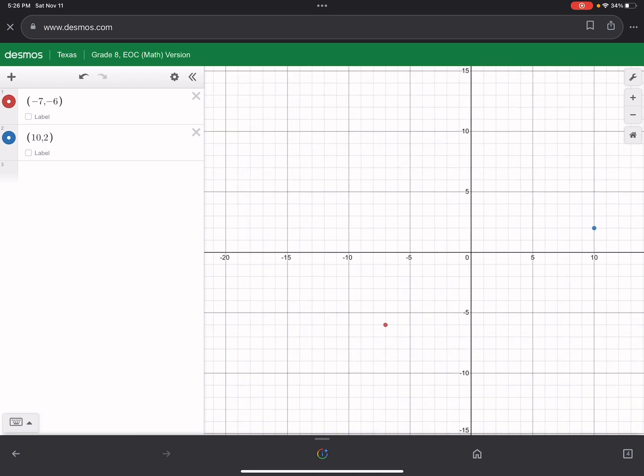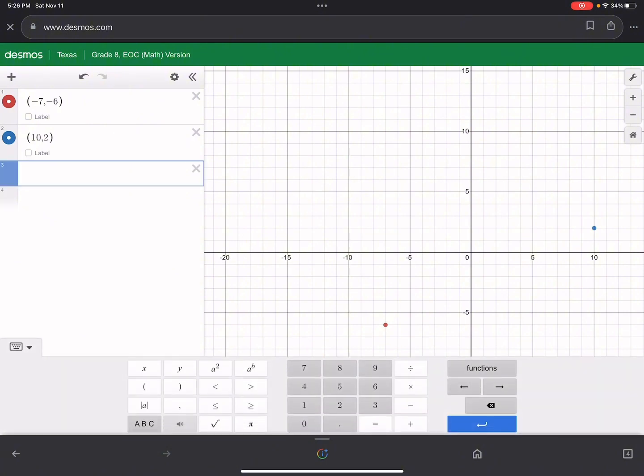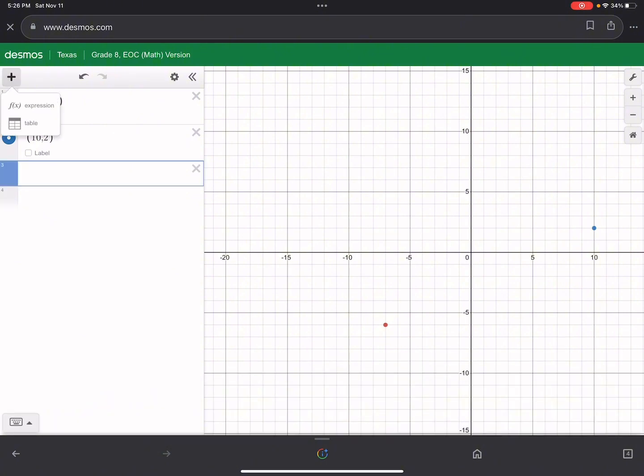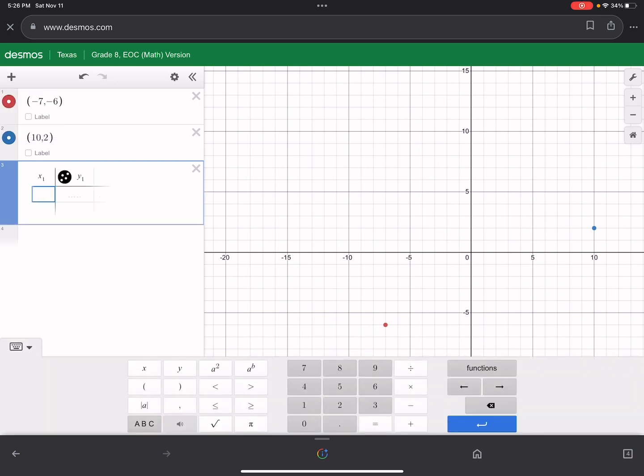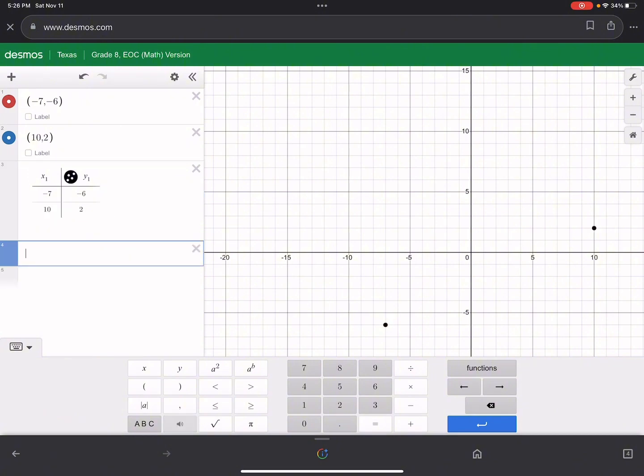And let me see. So I'm trying to find the equation of a line that will go through those 2 points. Or I could be just trying to find the slope. The slope is cool too. So what you do, again, go to the plus sign at the top, hit the button that says table. In that table, you're going to type in the numbers from the points that you are looking at, -6. This bottom one will be 10. The next one will be 2. On the very next line,